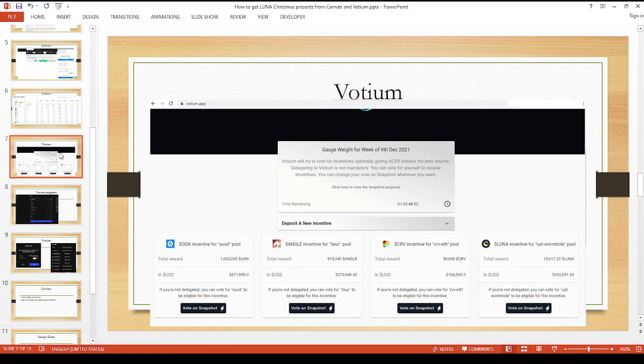So once you're in the Votium page, you can go to a list of proposals. This is just the current week. I think in the future there'll be more opportunities, because I think the current Terraform proposals go up to 6 months. So even if you miss this round of votes, there'll be chances later to vote for your favorite project